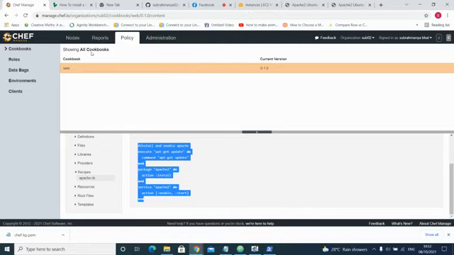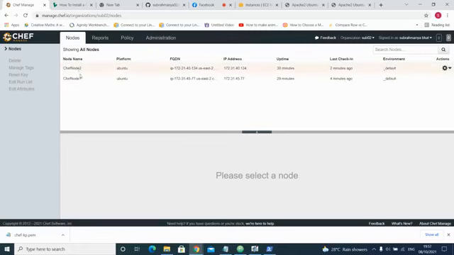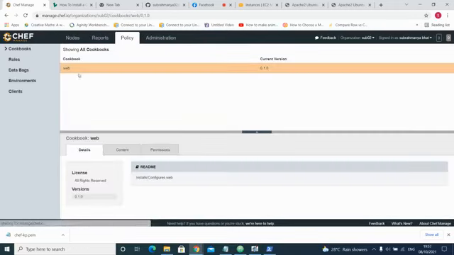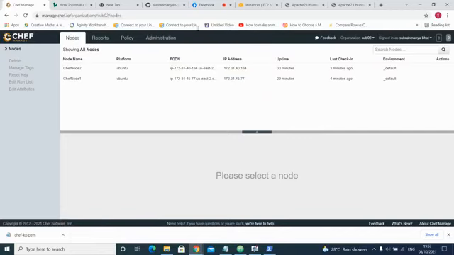Okay, if you come back to hosted Chef server and administration, and if I go to nodes, you can see Chef Node 1 and Chef Node 2 are there. And everything is present here only, right? So Chef Node 1 you can manage from here. So reports fine, policy all good. Policy details: I wrote it in my workstation and then I pushed it here. That is what we did. And administration contains the starter kit, which contains your credentials details. So that is about using Chef to do configuration management.